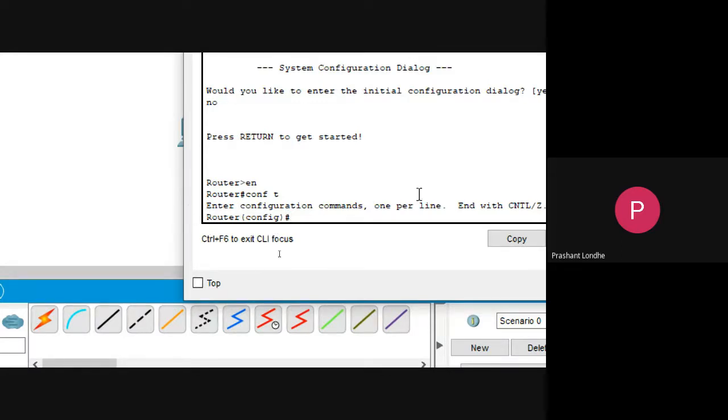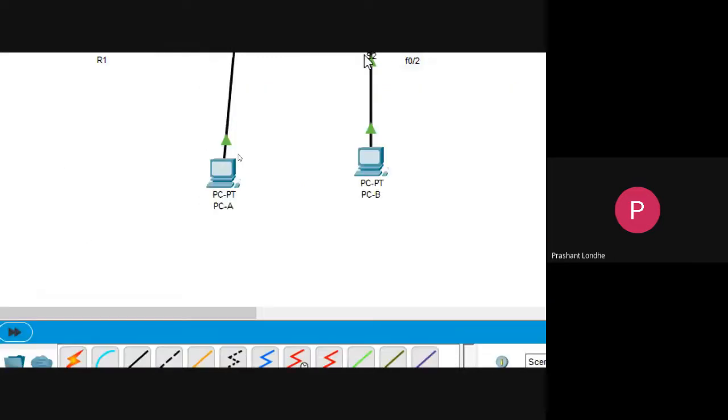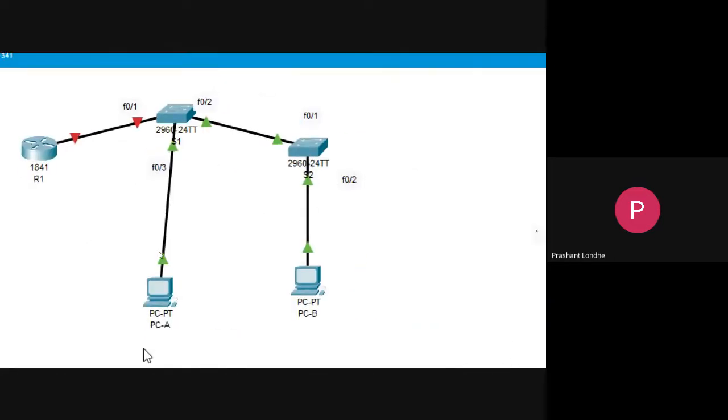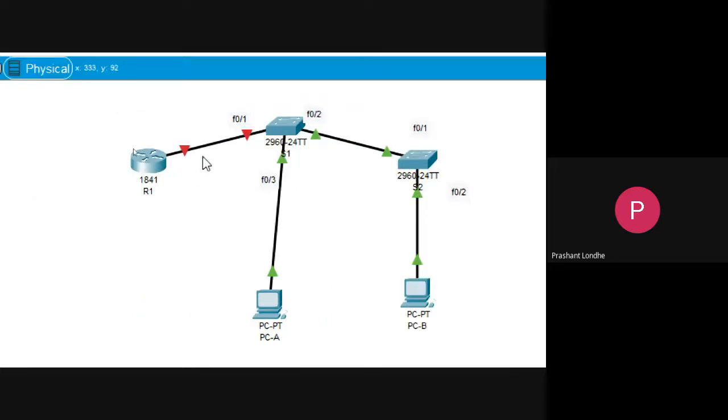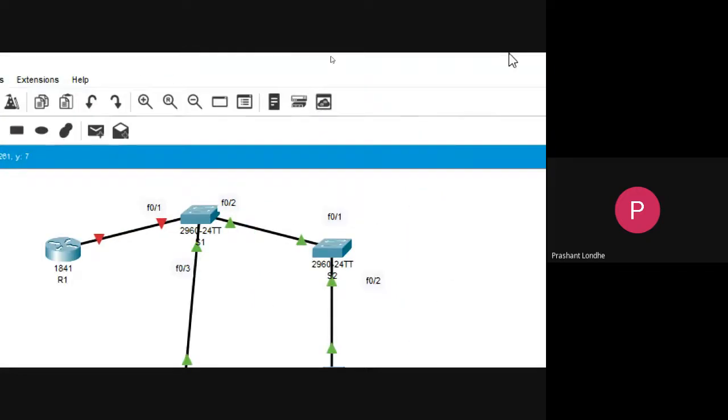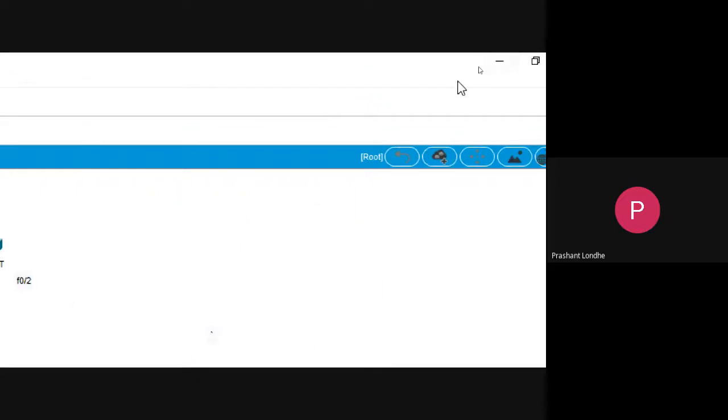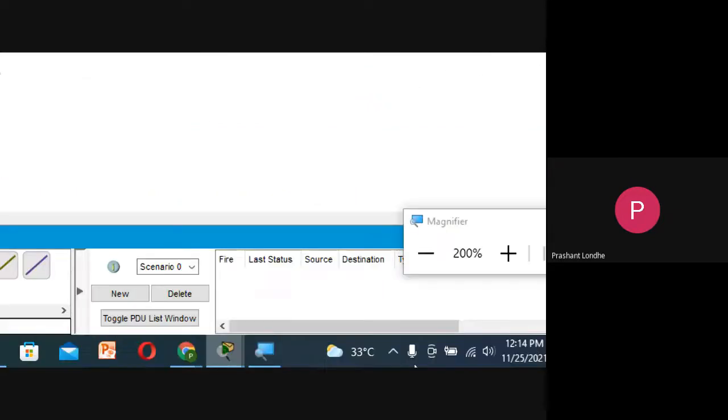Now we need to configure this router. Basically, as both are connected to the switch, they will be connected automatically. But what we are supposed to see is whether the communication is going through the VLAN or not. So for that purpose, we need to configure this kind of routing. And if you want to configure some kind of routing, you require the router. So let us start. What kind of router is connected over there?